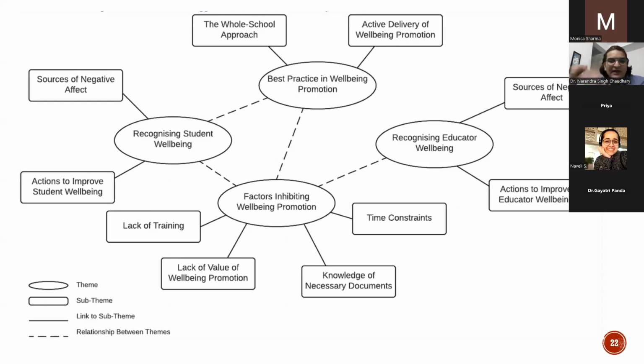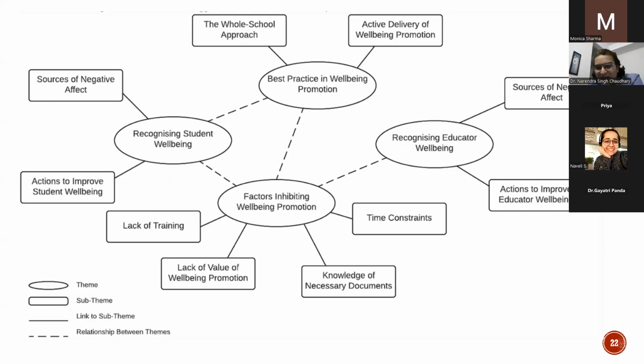तो हमने बोला लैक ऑफ ट्रेनिंग है, टाइम कंस्ट्रेंट है, वैल्यू ऑफ वेलबींग प्रमोशन है, नॉलेज ऑफ नेसेसरी डॉक्यूमेंट है। ये क्या हम इसमें कह सकते हैं कि ये द फैक्टर्स इनहिबिटिंग वेलबींग प्रमोशन। और यहाँ पे देखिए रिकॉग्नाइज स्टूडेंट वेलबींग, नेगेटिव इफेक्ट्स, एक्शंस टू इंप्रूव स्टूडेंट वेलबींग। तो ये जो सारी चीजें हैं अभी आप देख सकते हो जो लास्ट है, बट देयर इज अ रिलेशनशिप बिटवीन ऑल द थीम्स दैट वी हैव आइडेंटिफाइड। इज इट रॉन्ग टू से that the factors that inhibit well-being promotion,